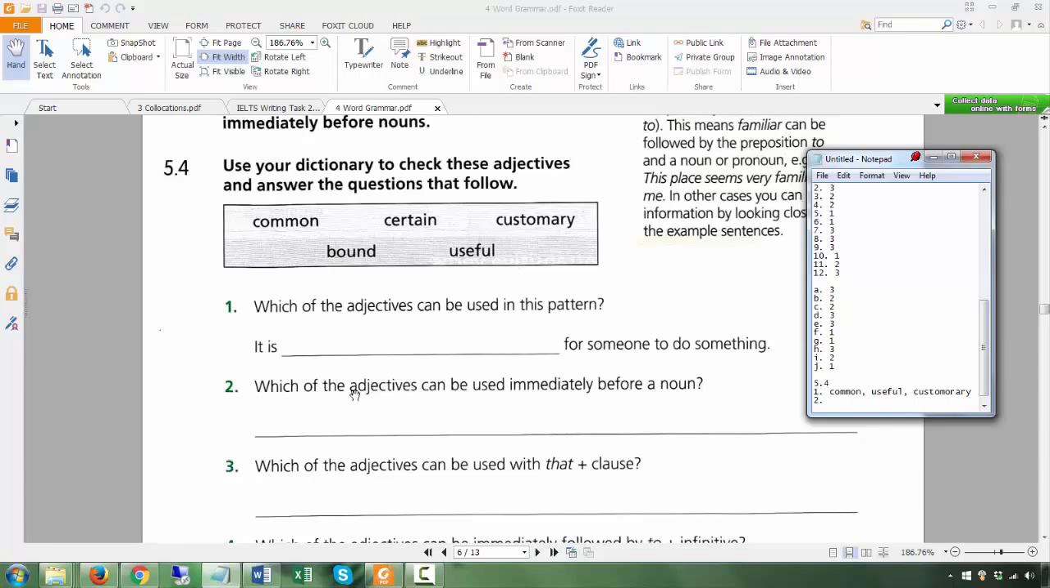Okay, which of the adjectives can be used immediately before a noun? That means, remember I mentioned that one of the common positions for adjectives is before a noun or after a verb, after the verb be. But not all adjectives can be used before a noun. And basically, which ones can be used before a noun? Almost all of them, except for the word bound. Okay, so four of them can be used before a noun. Now, which of the adjectives can be used with that plus clause? Now this is a bit tricky, because